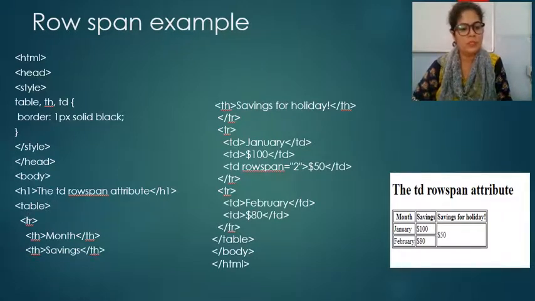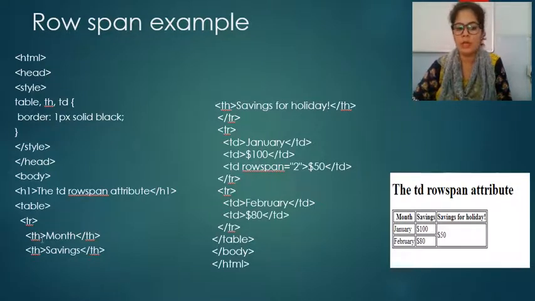Now inside the table tag, we have to create a row, and whenever we have to create a row, we start with the TR tag. TR is used to create a row. Start with the TR tag. On the next line is whatever you want to enter in the first cell. Suppose you want to enter data in the first cell with a heading tag. So what you have to do is TH. TH means heading: month, heading close. TH saving, TH close. TH saving for holiday, TH close.